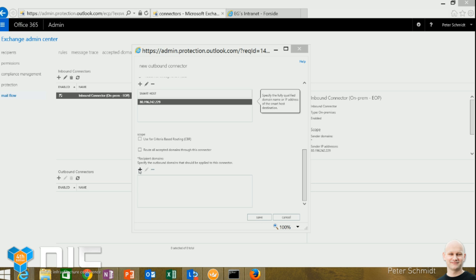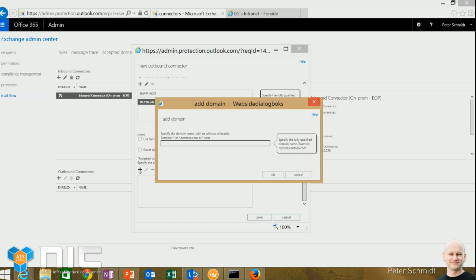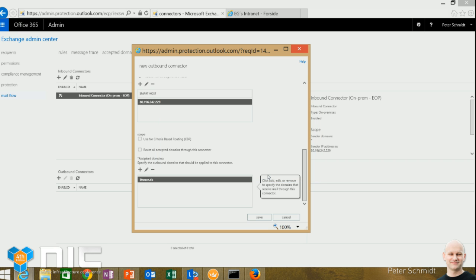So what recipient domains will be routed with this connector? And in here I'll go in and I've already set up the domain, in this case litware.dk. So this is the domain that will be routed with this connector.